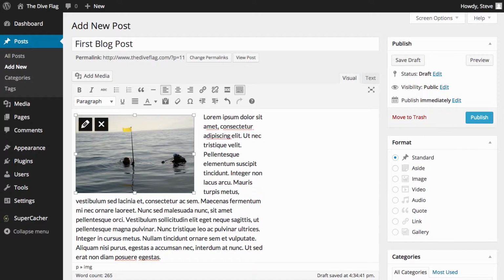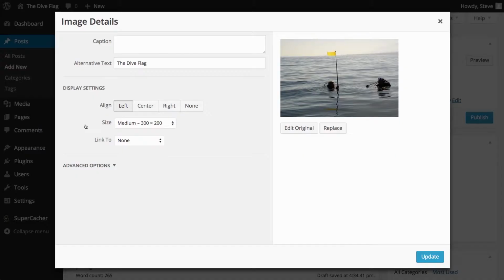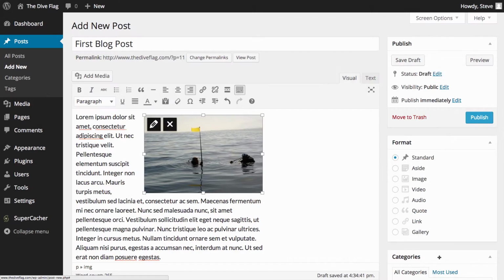If I wanted to change the alignment, if I click on the image, I have the ability to delete or go to edit. If I click edit, you'll notice that I can change the layout to be none, right, center, or left. If I click right and click update, you'll notice that it's moved the image to the right hand side of the text. If I click preview,